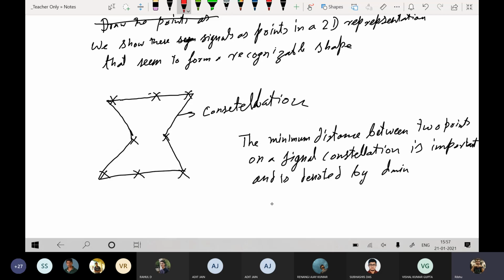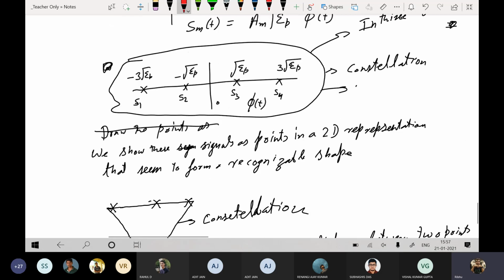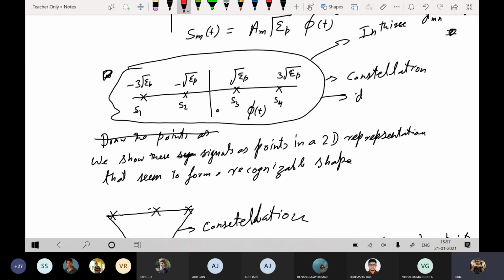And in this case, you can see that for this case, d_min equals